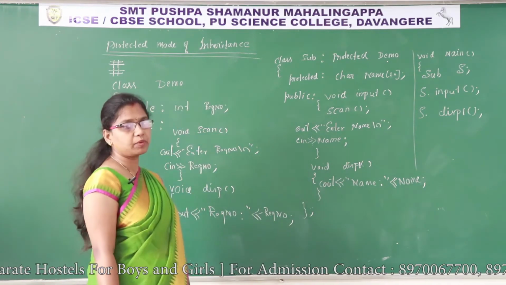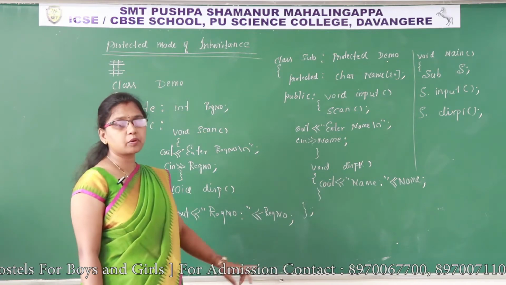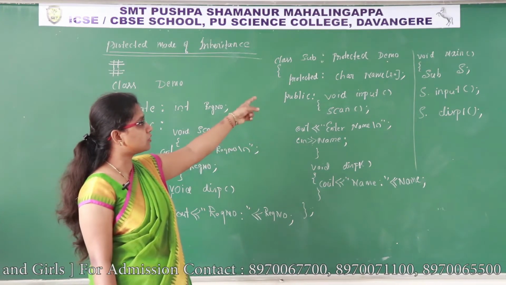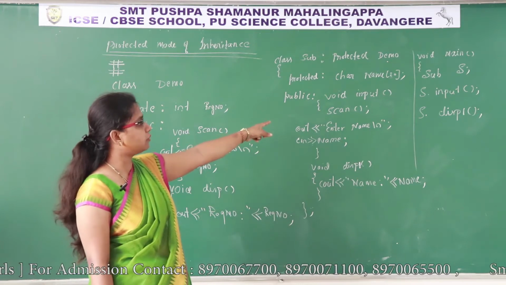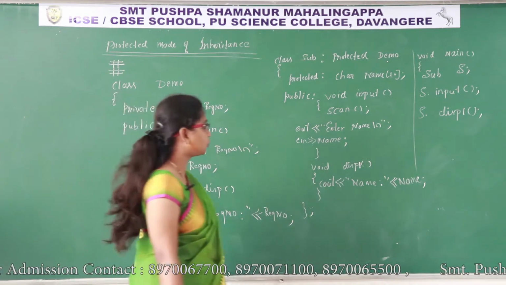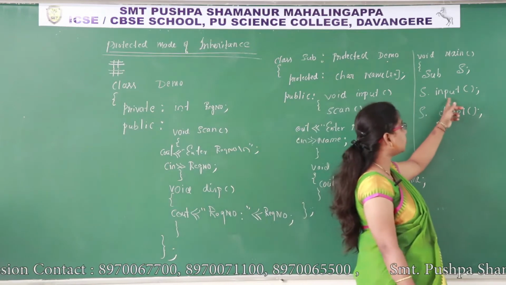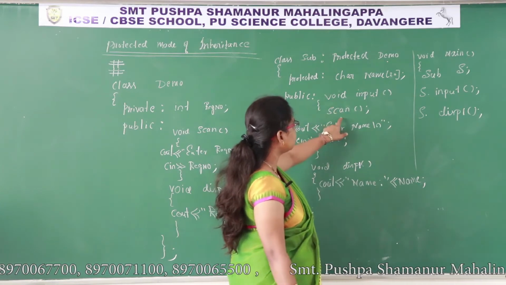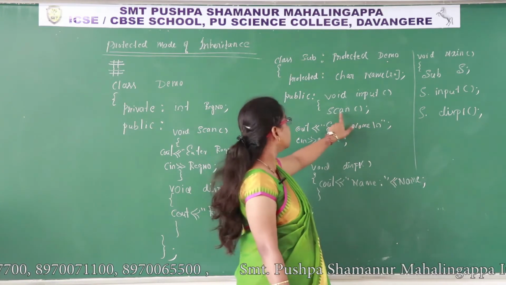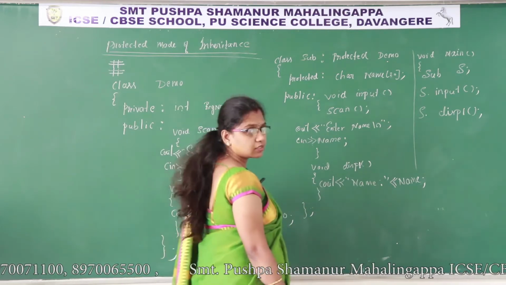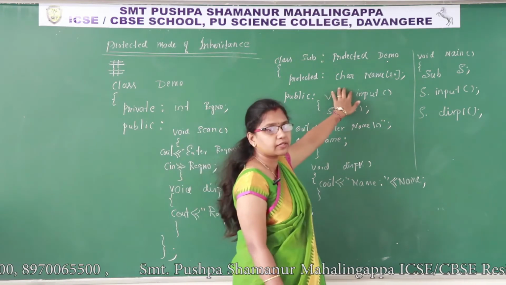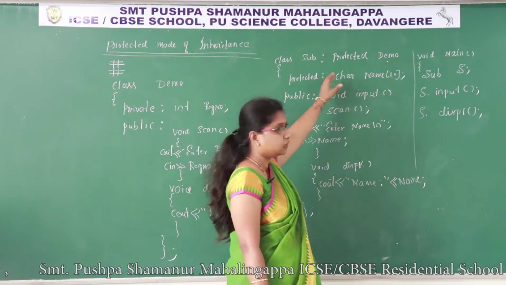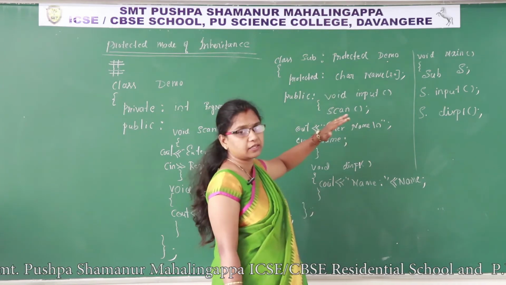Scan is also another member function of that subclass, but scan is in the protected section. In order to access scan, a member function, the input function has to access that. To access that, I have written the scan function inside the input function. So when you call this function s.input, control executes this function. As soon as it enters this function, there is another function, the scan function. This function will be invoked, isn't it? Because it has been inherited to the protected section of the derived class. What you have to assume is that these two functions are there in the protected section. A public member can access protected data.